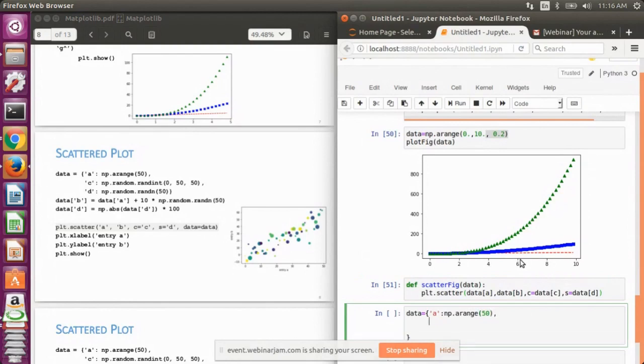Then let's define the second field, that is B: np.random.randint(0, 50, 50). Then let's define the third field, that is D, which contains random values of randn.